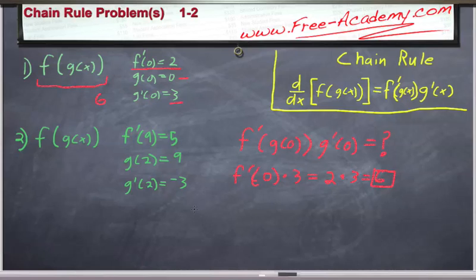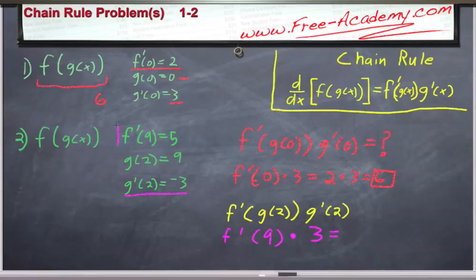Now let's do this exact same procedure with different values in problem 2 here. We have f prime of g of 2 times g prime of 2. g prime of 2 we will rewrite as 3 using the substitution given here, and g of 2 we'll rewrite as 9. So now this gives us f prime of 9 times 3,